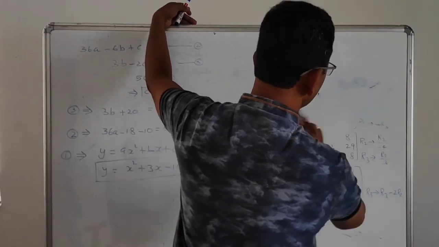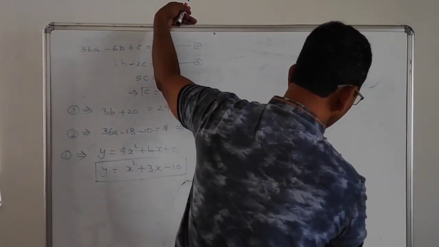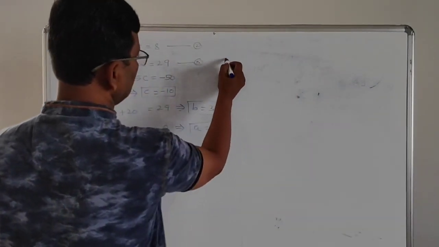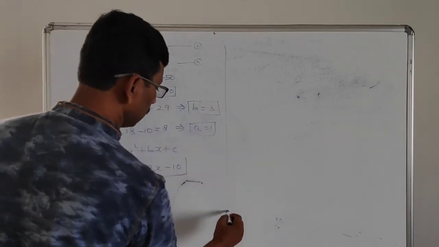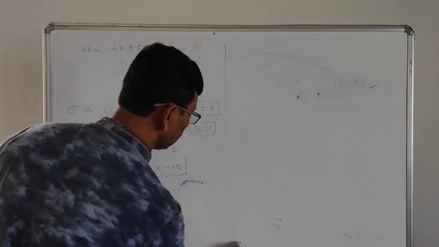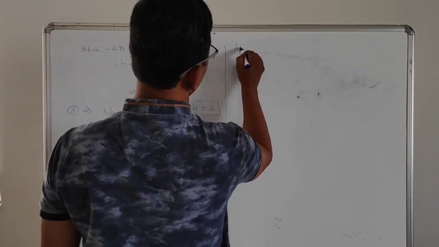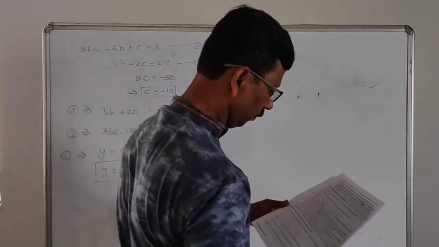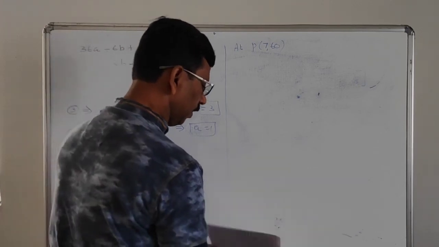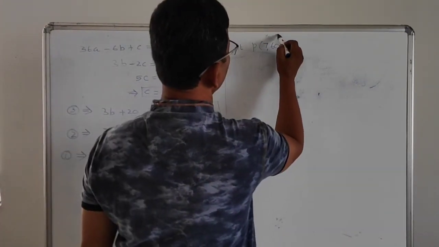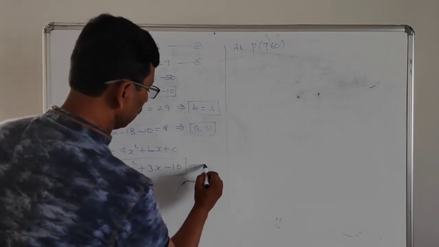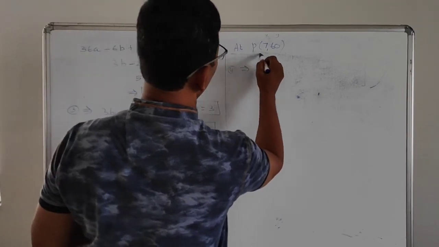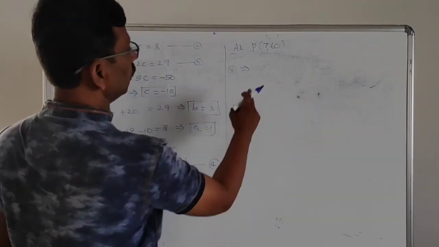Now after that you have to check whether he is meeting the friend at the point P(7, 60). Now you have to check whether this point P(7, 60) is satisfying this equation or not. Therefore, we can say at this point P(7, 60). Now you can take this as x value, this is y value. Now you can take this as equation number 4. Therefore, equation number 4 gives, see, y value is 60.